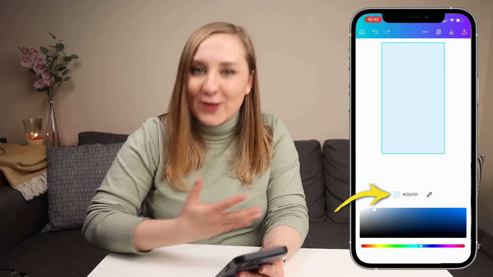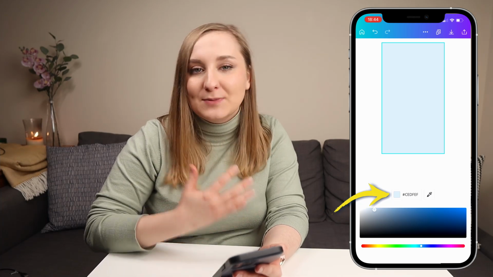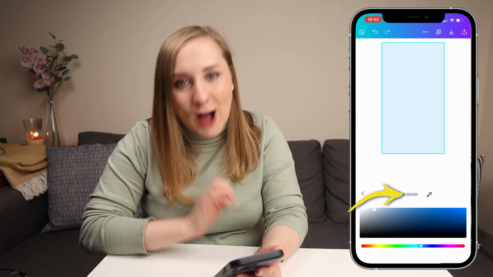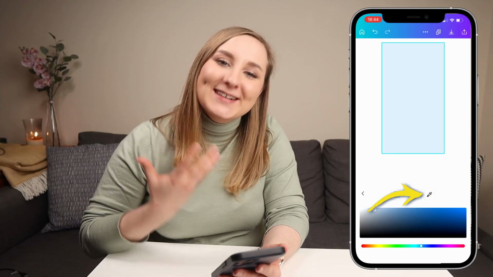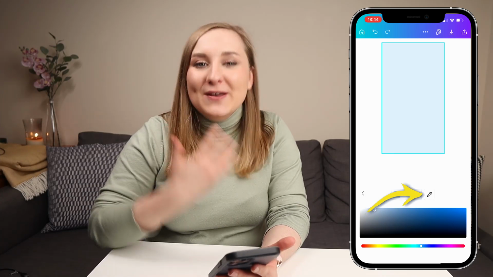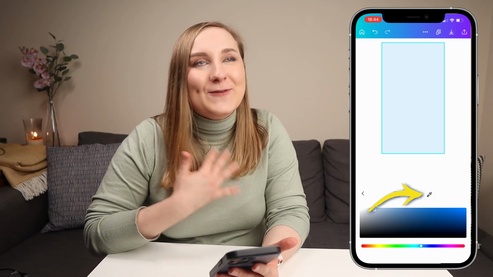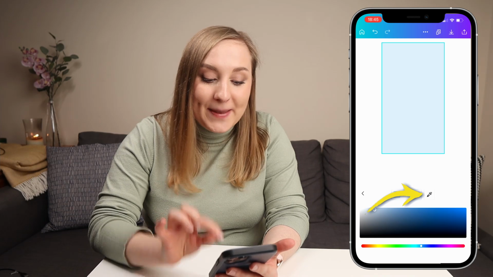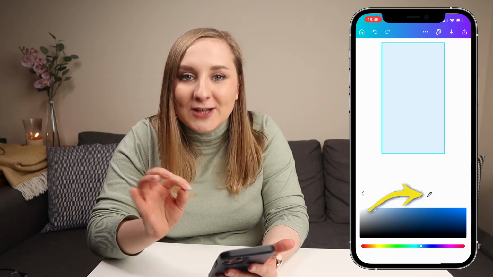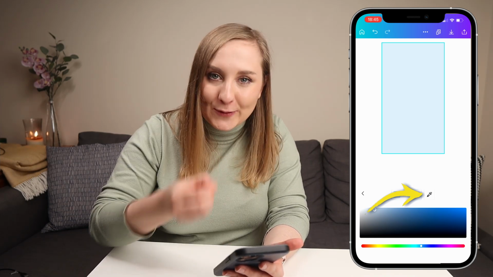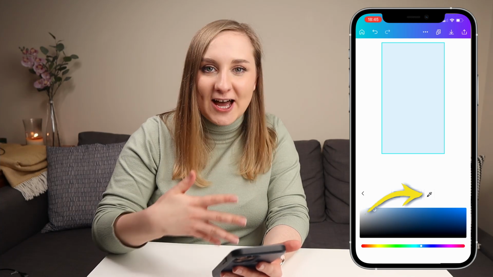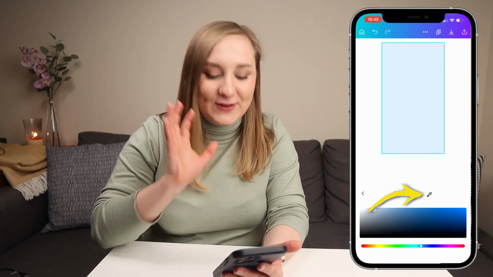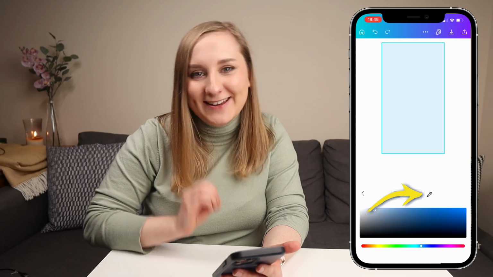And now another recent development from Canva, which has been rolled out to everyone, is the color picker. The color picker is honestly a lifesaver. We've missed that function in Canva for a really, really long time, but now it's available to you. So if you're trying to pick a color from a particular image, use that color picker to pull that color from the image, and you're done. You can even save it. Just make sure that you have it in here and make sure you know you can use that color picker now.